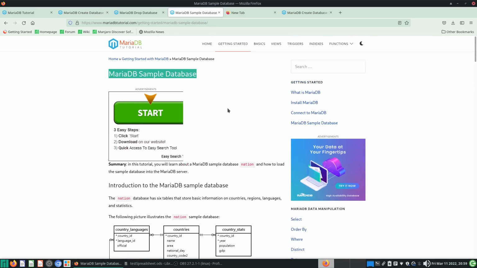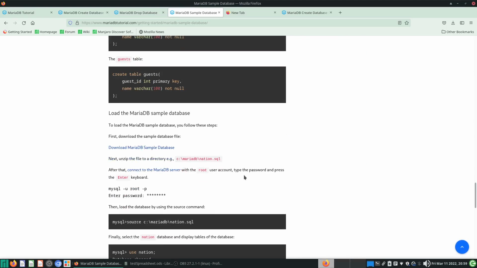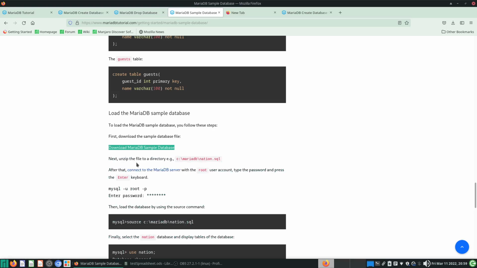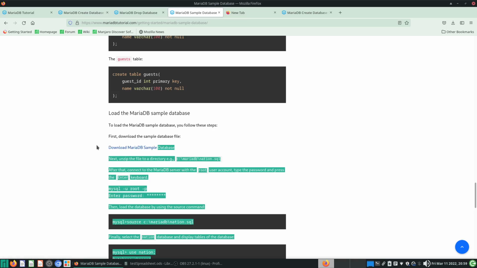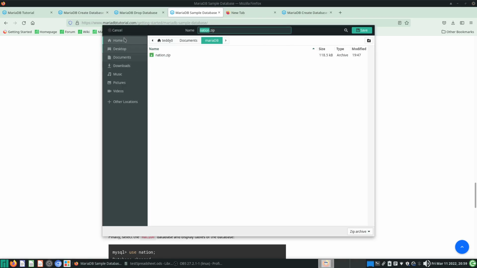Okay, there's a lot of data for us to look at. So this is a sample database. This is a good sample database to import. You can just keep scrolling down and you'll see this thing called download MariaDB sample database. If you click open this, it will tell you that you can download this